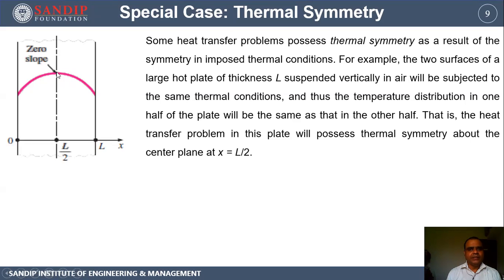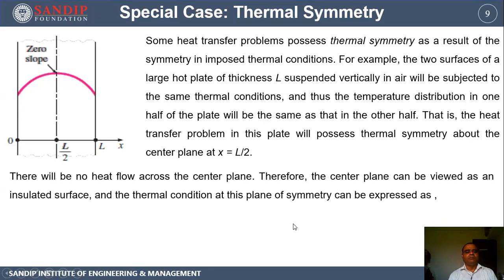It may be a maximum or a minimum, but at the center of this object we get a zero slope condition, and this can be specified in terms of the boundary condition. There will not be any heat flow across the center plane because the temperature is either maximum or minimum there. Therefore, the center plane can be viewed as an insulated surface, and the thermal condition at the plane of symmetry can be expressed as